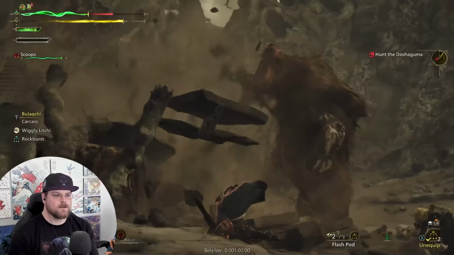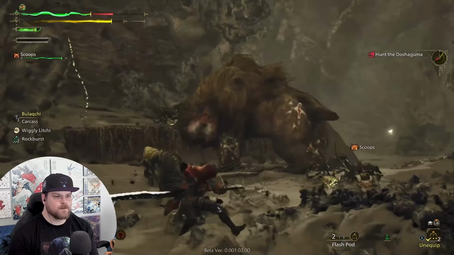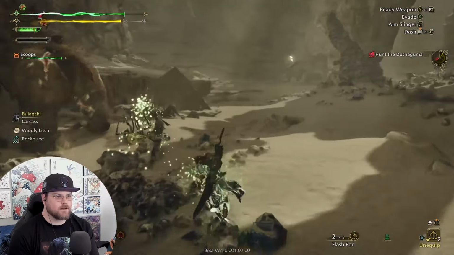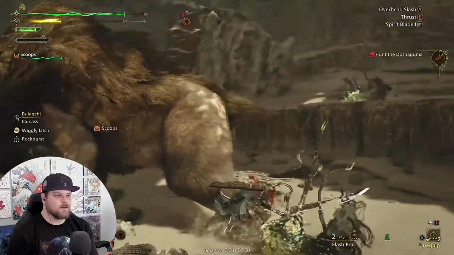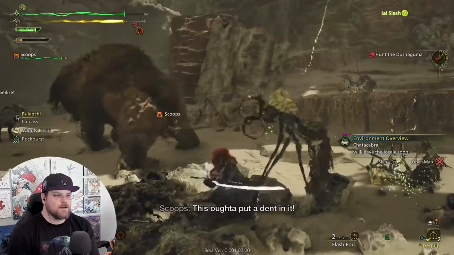Okay. I haven't seen you do that before. Get up, get up, get up. If I cart on this monster, I'm bad at Monster Hunter. Just saying. It's looking weak. Almost there. Oh, you can't see on the minimap because my face is covering it. But there's like a little,